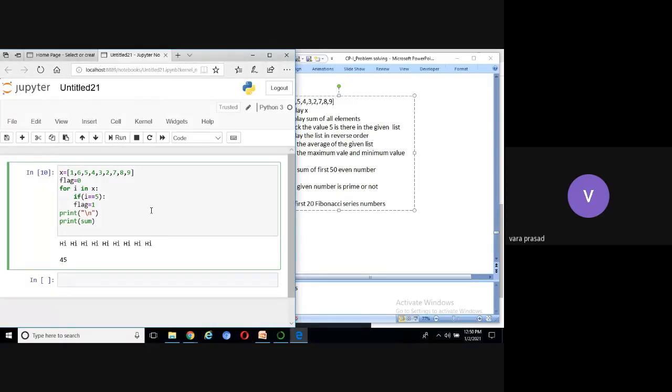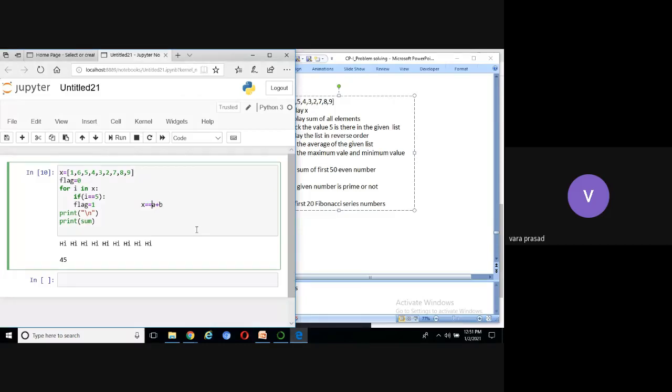Let us take one expression: x equal to a plus b is an expression. Here we use single equal. It first evaluates the right hand side portion. Take the value of a, take the value of b, add these two. The result is stored into x. That is called the assignment operator.